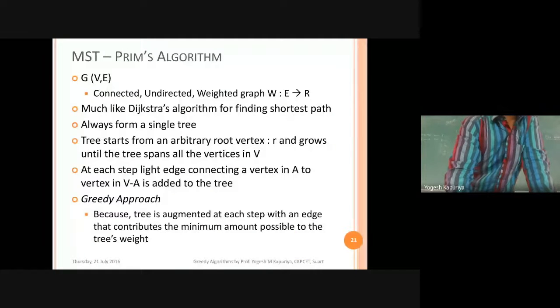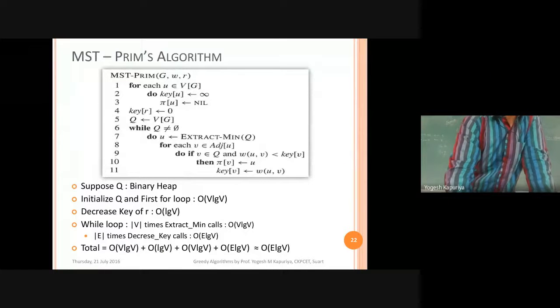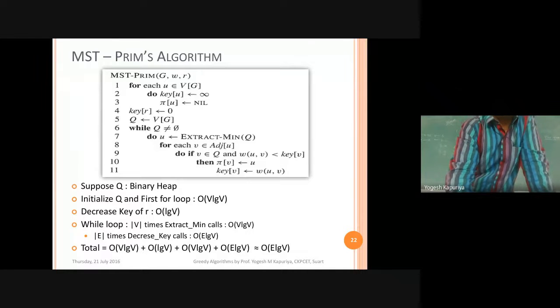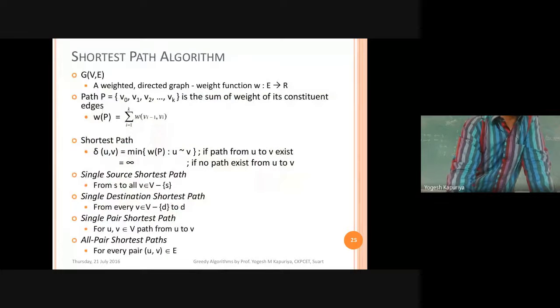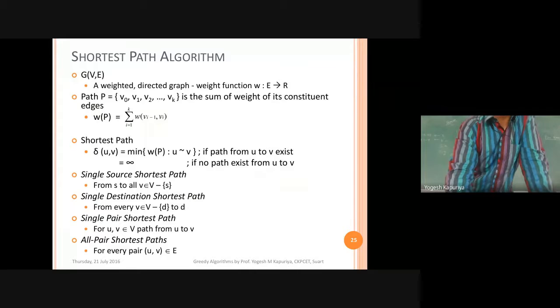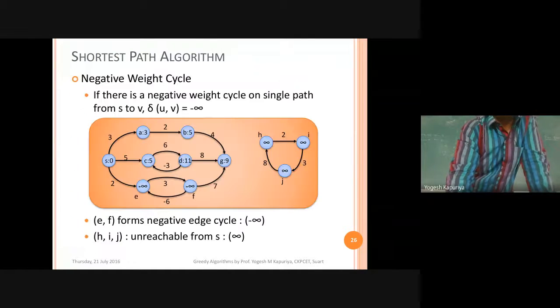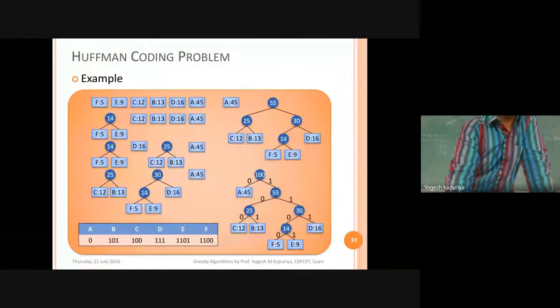Prim's approach is slightly different. It is based on the shortest distance approach, Dijkstra's approach, which we discussed just now. Instead of distance in Dijkstra, we are maintaining something similar to a key. Otherwise, the queue, extraction, and relaxation are all the same in both algorithms. So this is all about greedy algorithms.